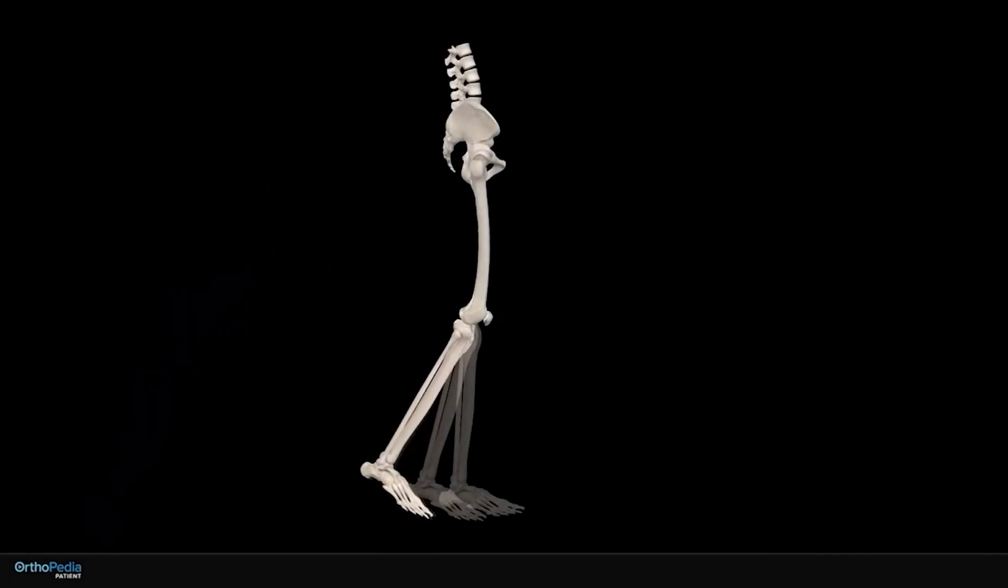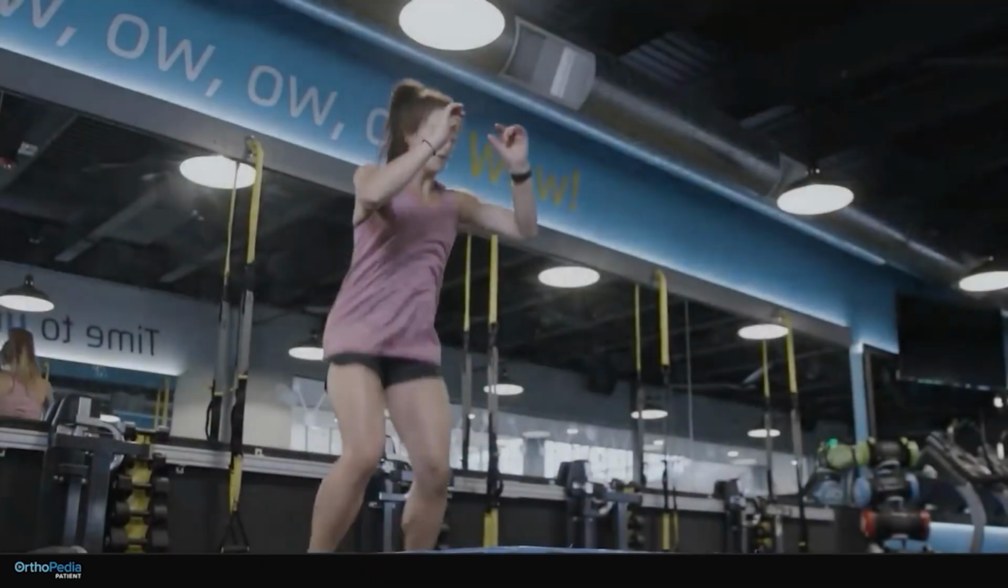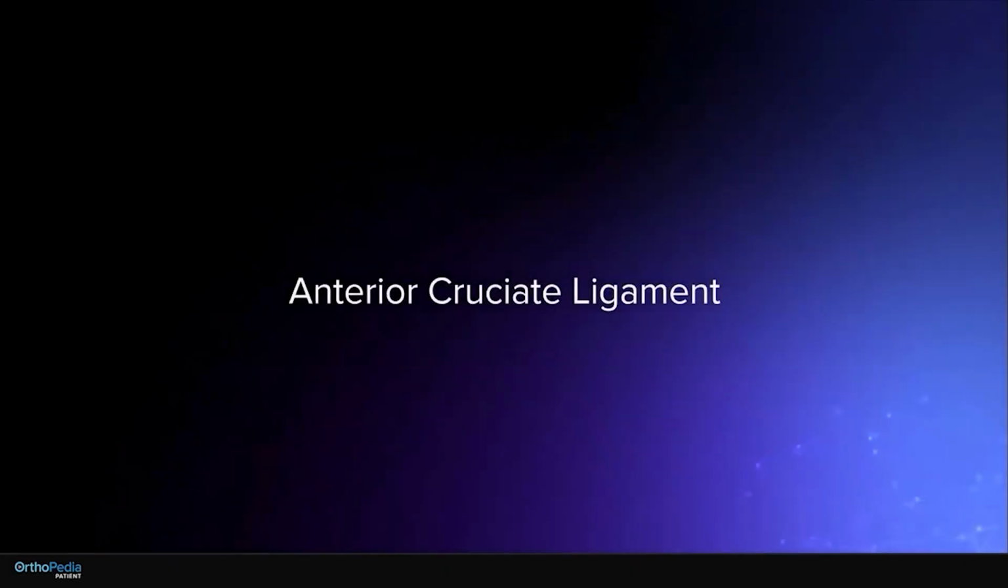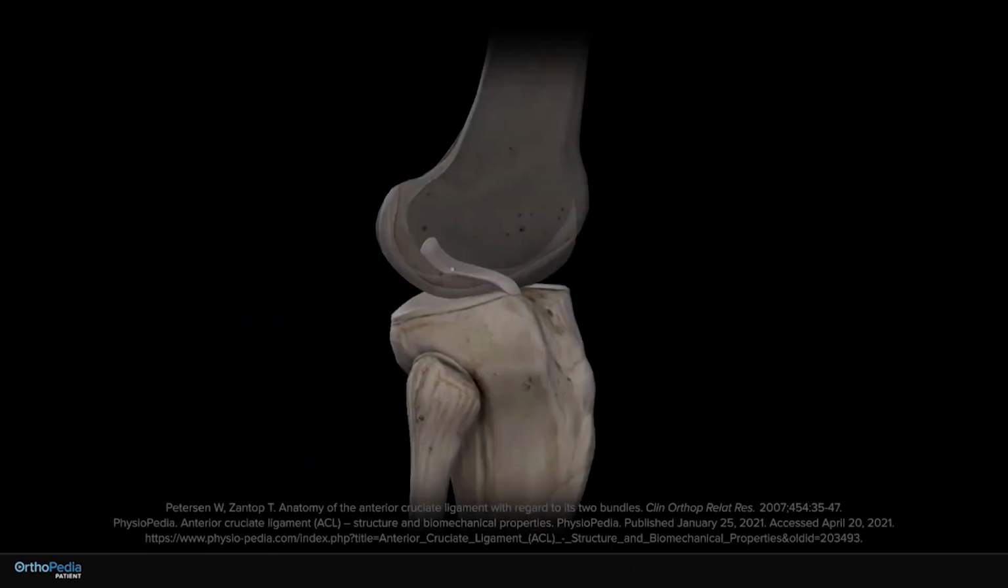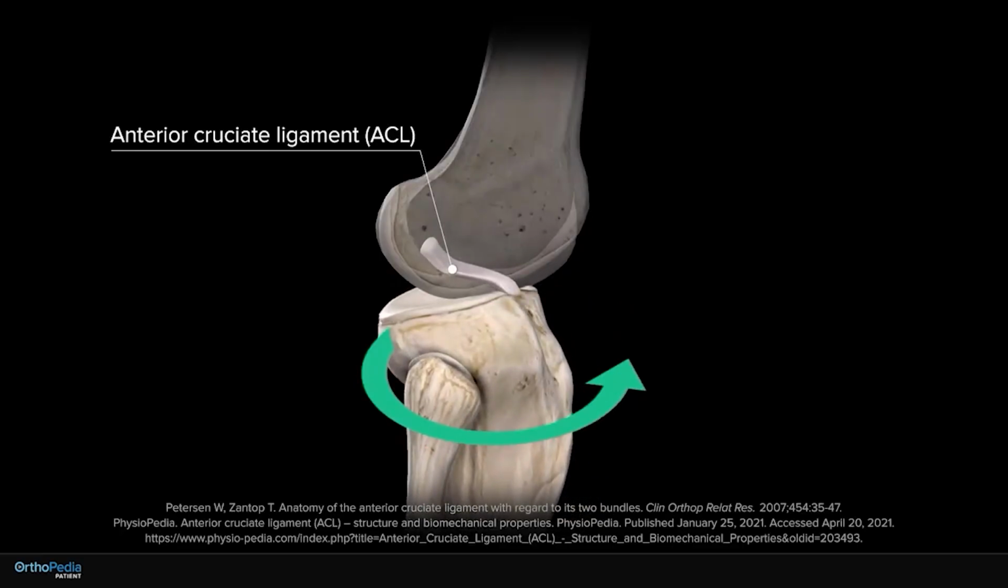Though it looks like a simple hinge joint, the knee is very complex and must withstand significant force with many activities. In the knee, the two main functions of the anterior cruciate ligament, or ACL, are to help keep the shin bone from shifting forward, as well as preventing the shin bone from rotating too far during twisting or turning